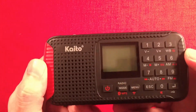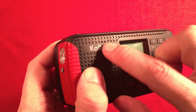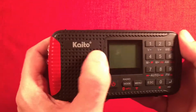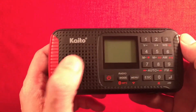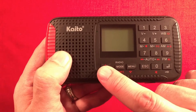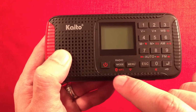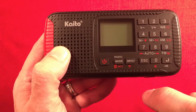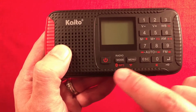Okay, the front has a lot of features. A 1.5 inch speaker. Behind these 2 holes is a microphone for doing external audio recording. You saw the charge indicator light. We have an LCD display. We have a bunch of buttons, and we'll go over them here. We have a power button to turn it on. We have a mode button that takes you from the radio mode to your Bluetooth and your MP3 playback mode. We have a menu mode, and it also acts as an answer and hang up if you're using your Bluetooth